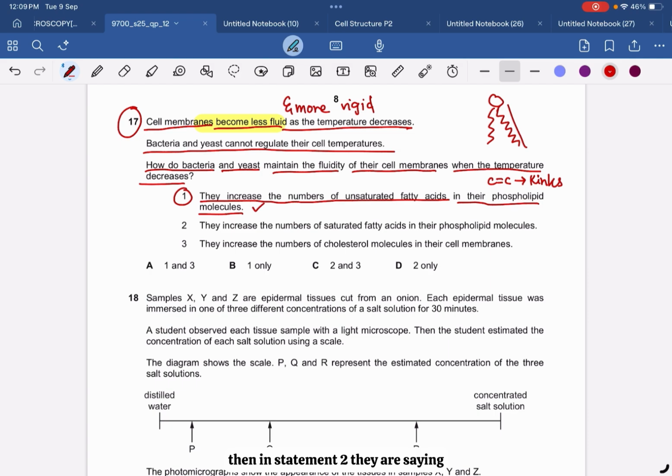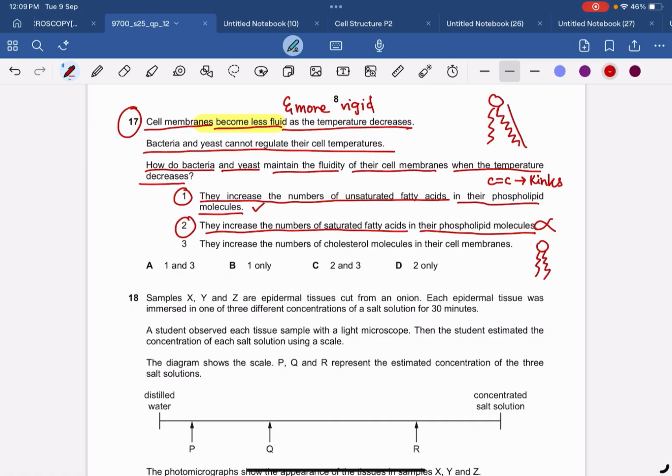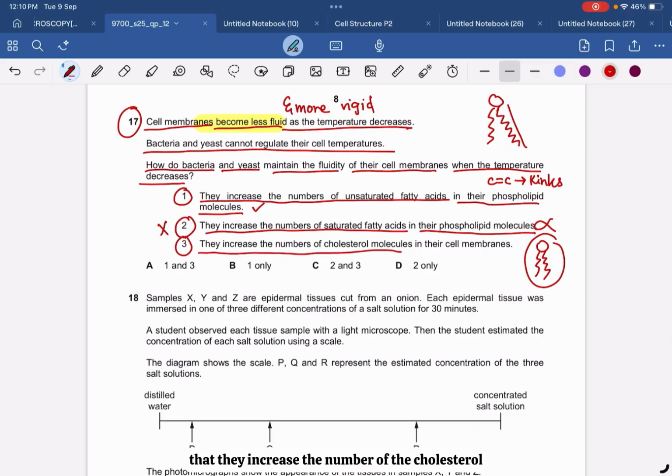Then in statement 2, they are saying that they increase the number of saturated fatty acids in their phospholipid molecules. So this is incorrect, because saturated fatty acids simply have a straight chain, and due to this straight chain they will pack tightly, so it will decrease the fluidity, right? So it is not useful. So this is incorrect. And then statement 3 says that they increase the number of cholesterol molecules